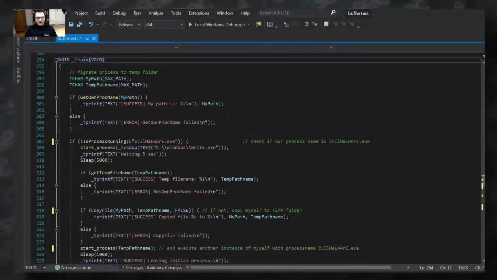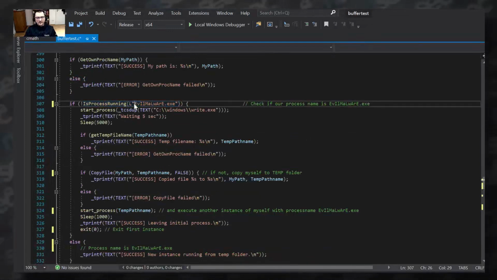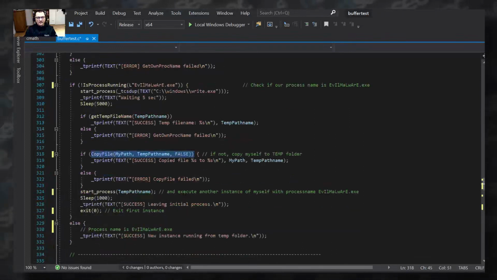Actually, before we switch to IDA, let me quickly show you the important parts of the source code of the sample which we are going to analyze. The first thing is that the sample is comparing its process name with evilmalware.exe, which means if its process name is not evilmalware.exe, it will copy an instance of itself to the temp folder, and then it executes this